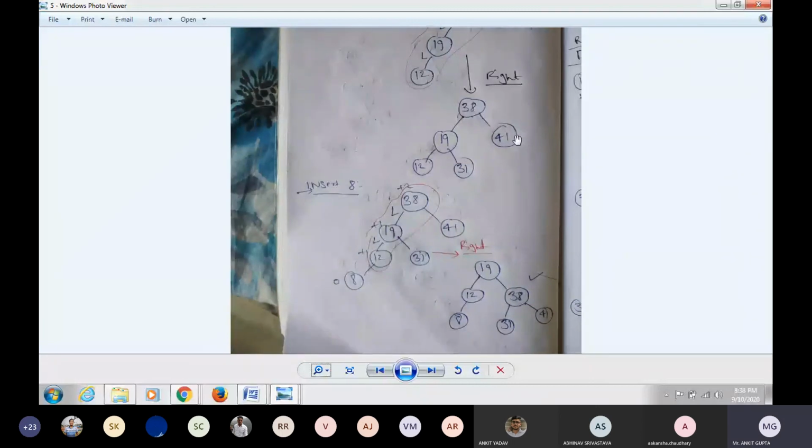As the last node, you have to insert 8 in the tree. So it is 38, 19, 12, 31, 8. Now I will check the balance factor. 8 is 0 balance factor. 12 is 1 minus 0, 1. 19 is 1 and 2, height of left minus height of right, so 2 minus 1, 1. 31 is still no problem.